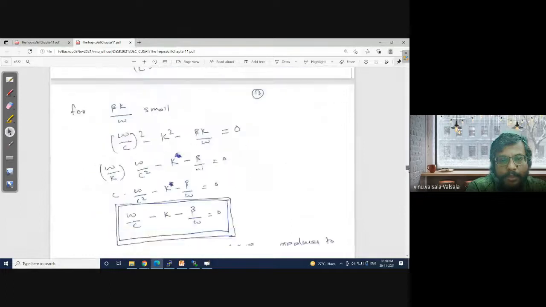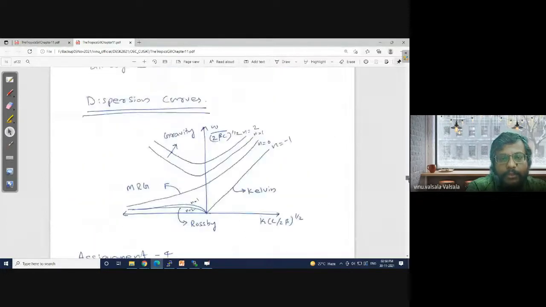So we have reached somewhere here. This is the dispersion curve of all the waves that I was teaching now. This is a wave number frequency diagram. Here the wave frequency axis is scaled up by 2 beta by c to the power 1 by 2. Some normalization is applied so that this figure will look very clear. Some normalization to the axis you need to apply. Now, if you do that, it's a non-dimensional axis, right?